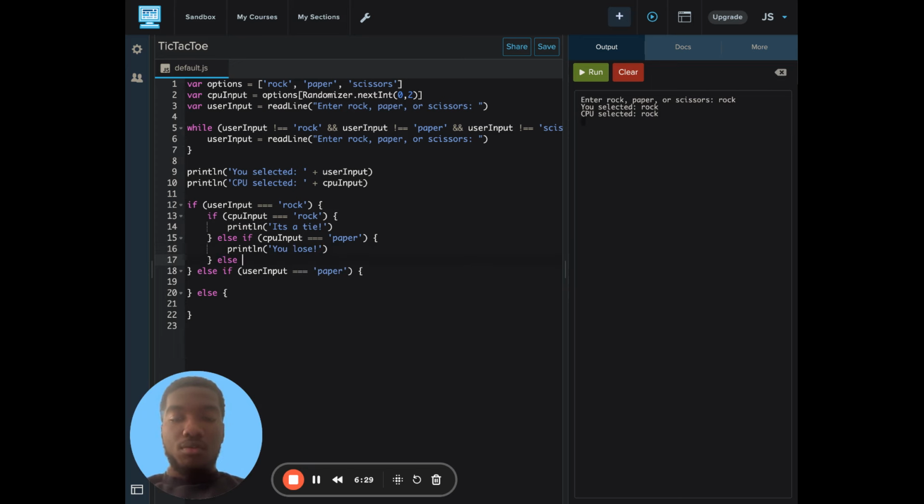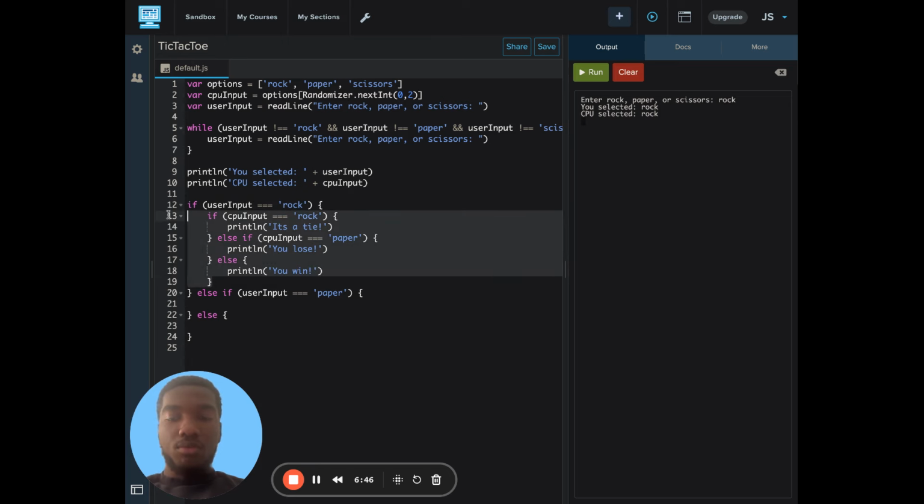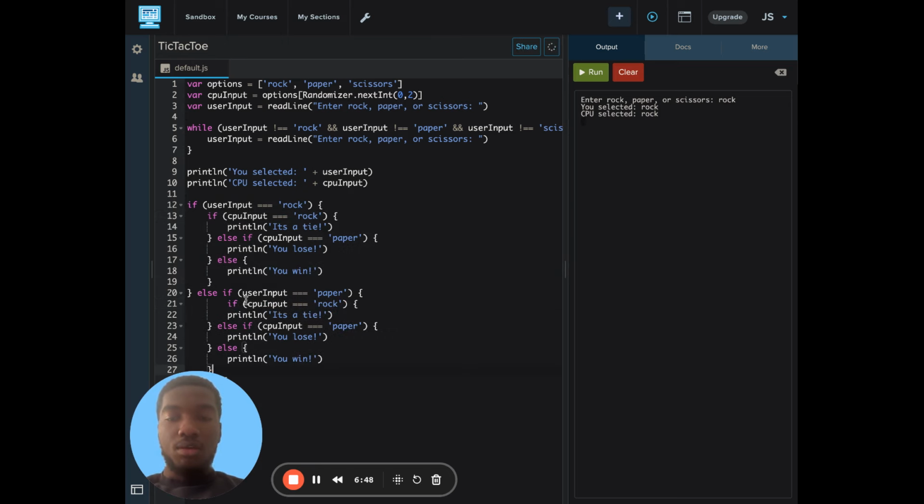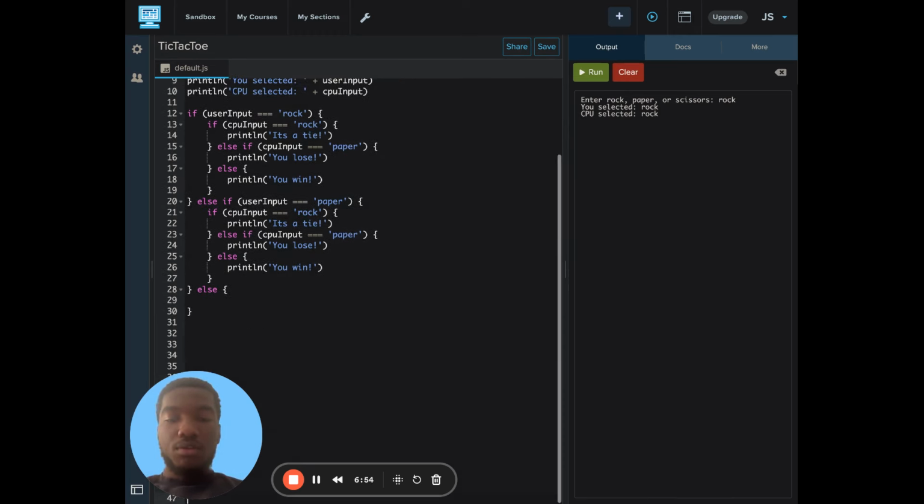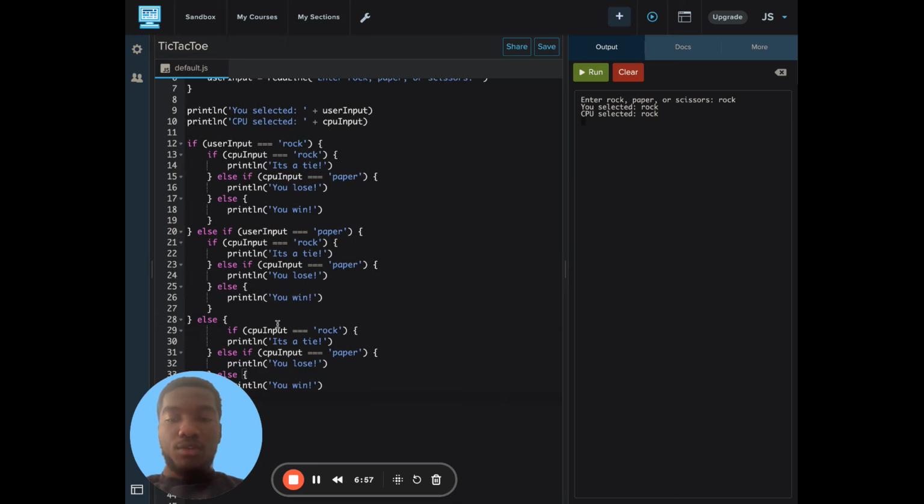And then else, same thing, it's only 3 options. We don't need another if. We know if it's not rock, if it's not paper, then it must have been scissors. And if they put scissors and we put rock, then we win. And then we can kind of just copy this 2 more times. Let me just scroll up here so I can see a little better. Same thing in this condition, except,